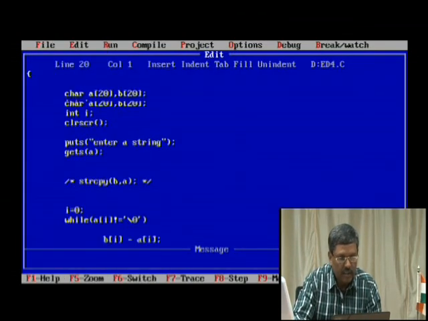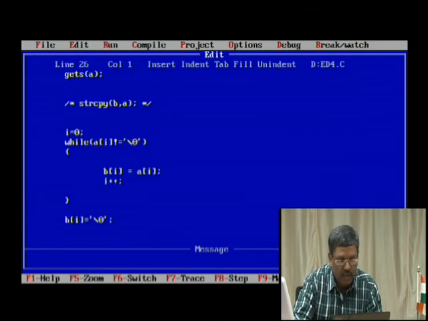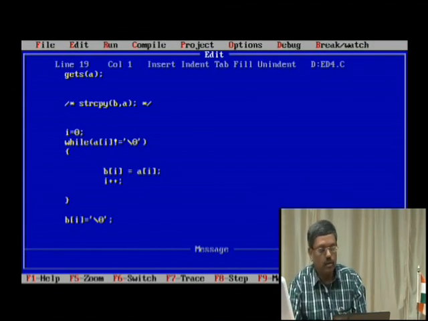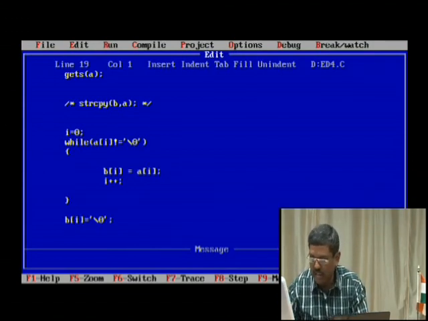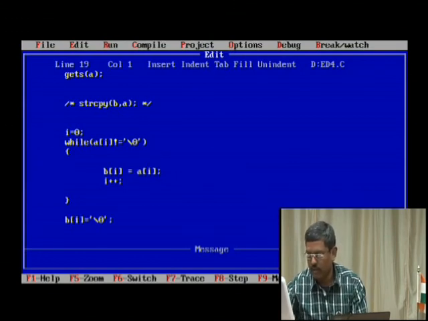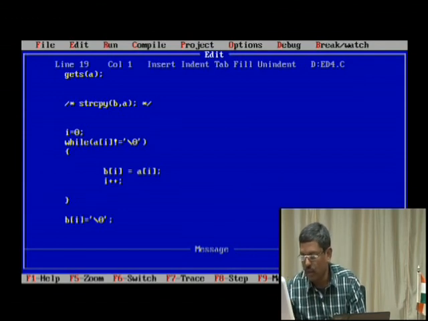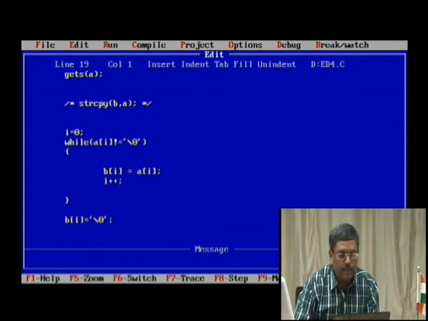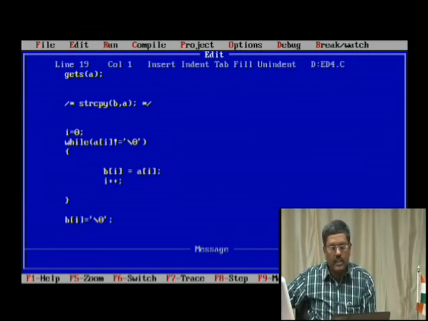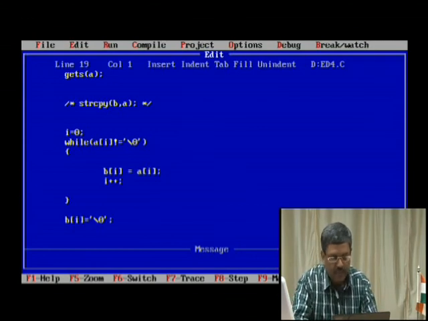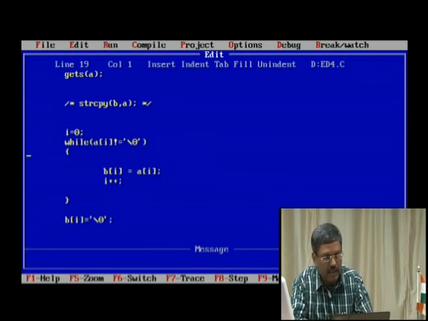Anyway, I've shown you that without using a string function, we can actually copy one string to another string. String copy is a very interesting function. We have seen with and without that particular function. Then we can also do what is called concatenation. What is concatenation? Concatenation is simply appending one string to another string. Suppose you want to add a word at the end, we can always do that. Using a library function we can do that.